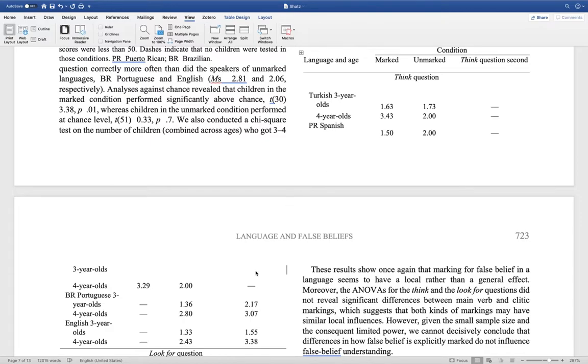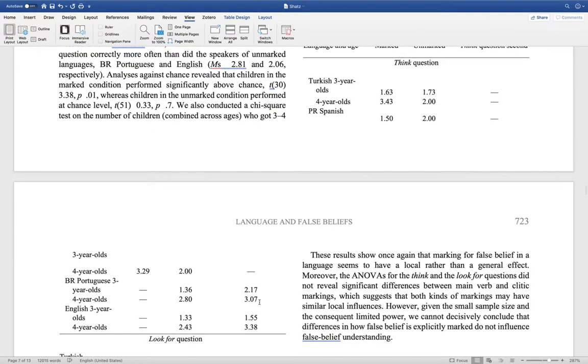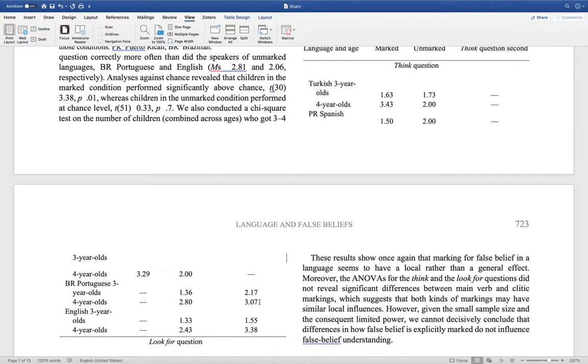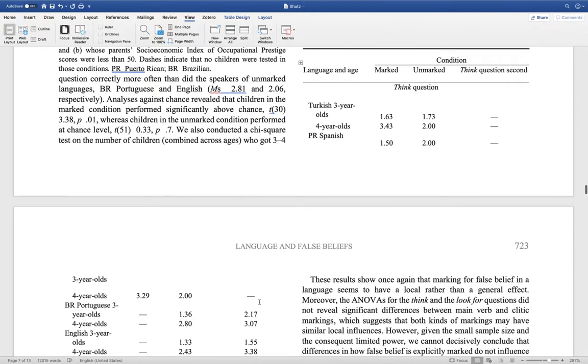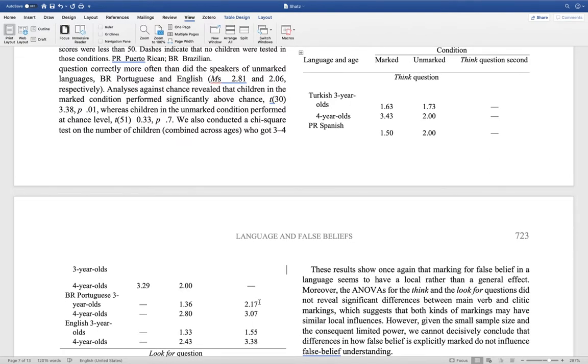But let's go down and look at that Puerto Rican 3-year-old. And if you look in the unmarked condition, all right, this is the think and non-think. This is like the think and the falsely believe. Brazilian Portuguese 3-year-olds in the unmarked condition are actually doing substantially better than everyone else. And so, when I'm looking at this, I'm like, ooh, that's kind of interesting. That's an interesting pattern. Let's go ahead and look at Puerto Rican Spanish